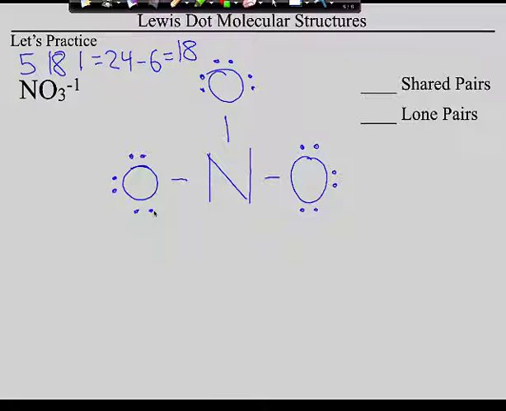So how can we give nitrogen 2 more electrons? Create a double bond. So where do we do that? It doesn't matter. We could take electrons off of here, or off of here, or off of here. It just doesn't matter. So let's do the one on the left, just because it's closest. And we'll take 2 electrons off of here, and we will move them into the middle, and that then makes